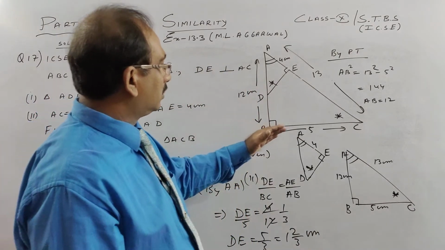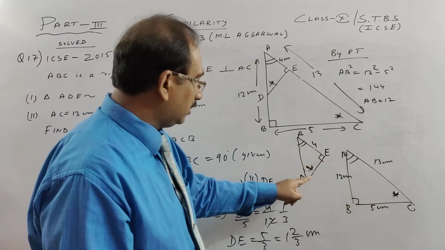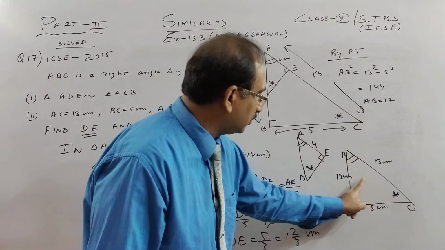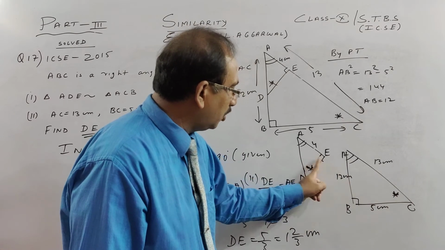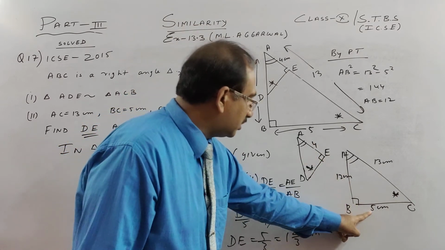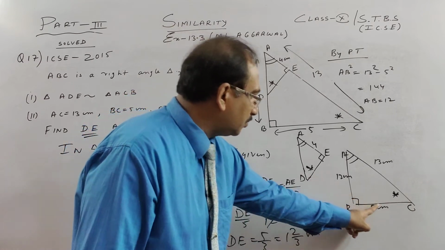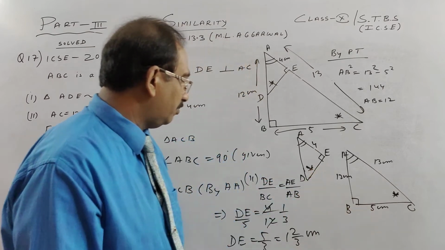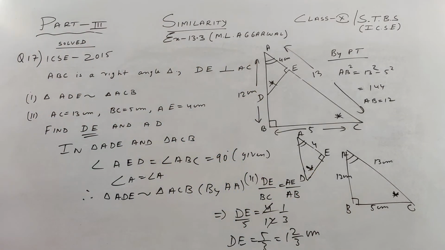So once more try to understand this, you will understand it easier. This is 4 and this is 12. They are corresponding. Opposite to this is 4. So this big triangle is 3 times the small triangle, and the small one is 1/3. So if this is 5, then these two are corresponding, I told you, BC and DE. So if this is 5, this will be 1/3 of 5. So 12/3. Let us please copy, then we will find what is AD. Please copy. I need some space to do and find AD.